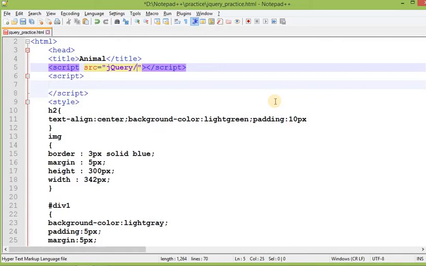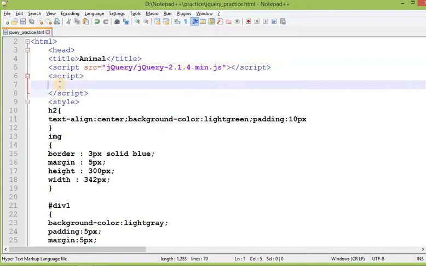After that you pass the file name, which is jQuery 214, which specifies the version of jQuery, and after that .js, which is the extension of this file. Save this.